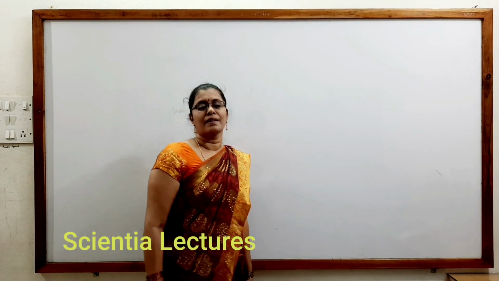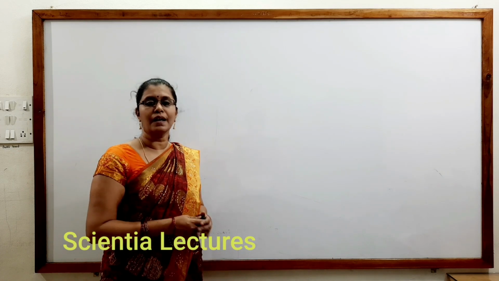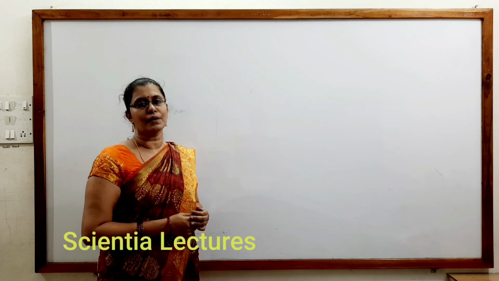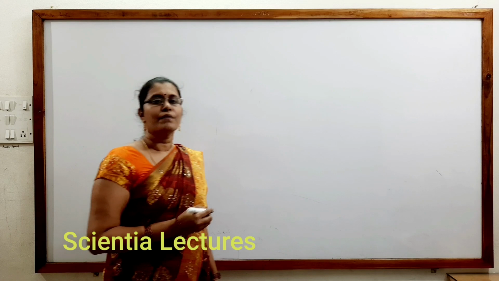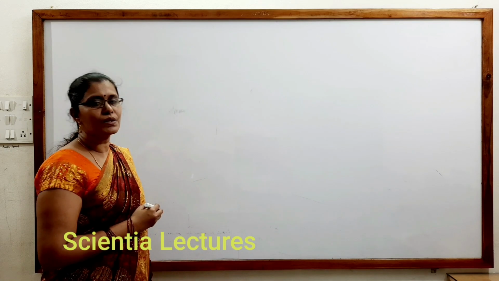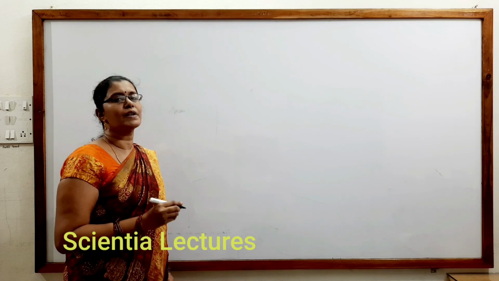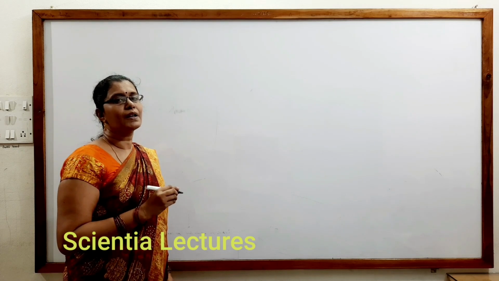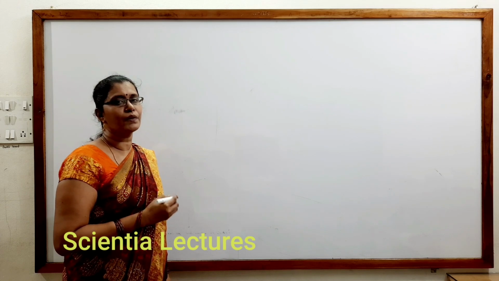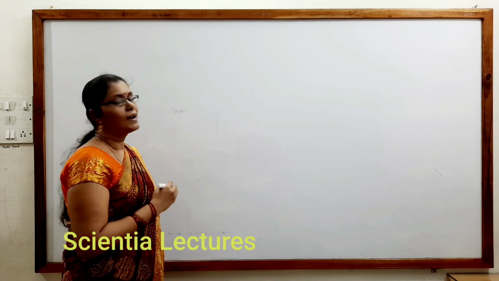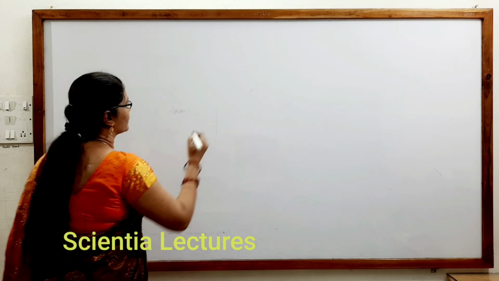Hi students, in the previous module of module 6, we checked how to determine the rate constant of different first order reactions. Now we are going to check methods to determine the order of reaction. We have seen factors influencing rate of reaction and different ways to calculate the rate constant of first order reactions in the previous modules itself. Now, let us check methods to determine the order of reaction.